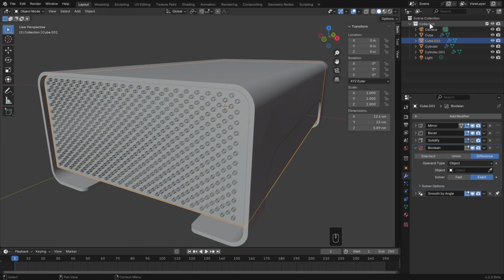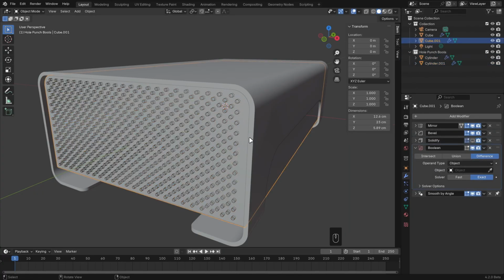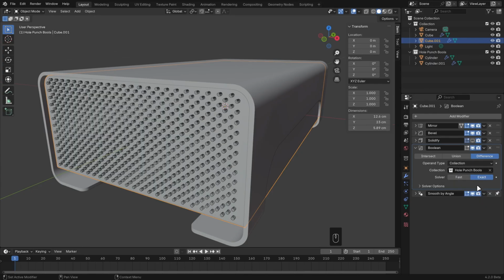So instead, I'll create a collection. I'll just go to Scene Collection, Add New, and I'll call this one Hole Punch Bools. I'll take both of these objects and move them into the Hole Punch Bools collection. And then I can select this object, set the type from Object to Collection, and choose the Hole Punch Bools as the collection. That operation might be a little slow depending on your PC and how many vertices you've used,